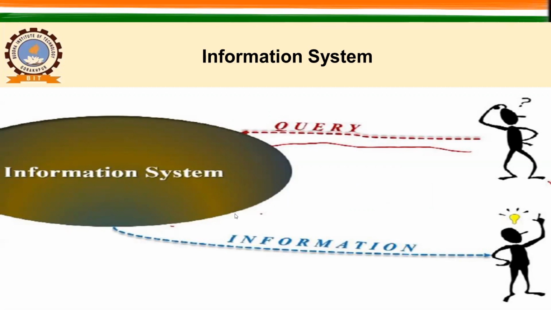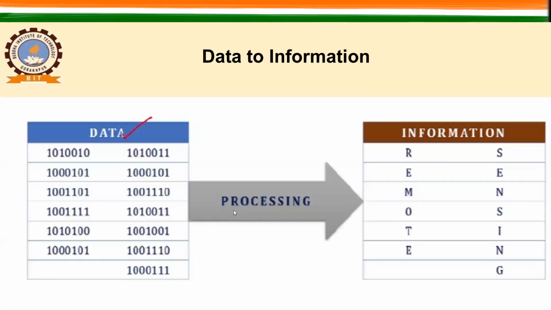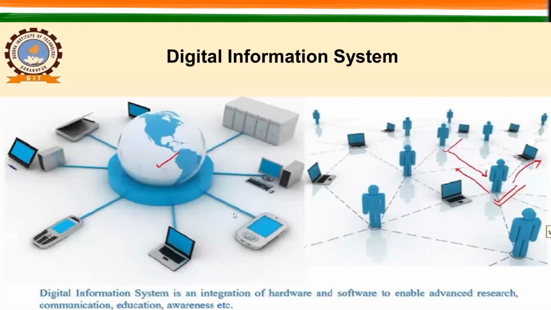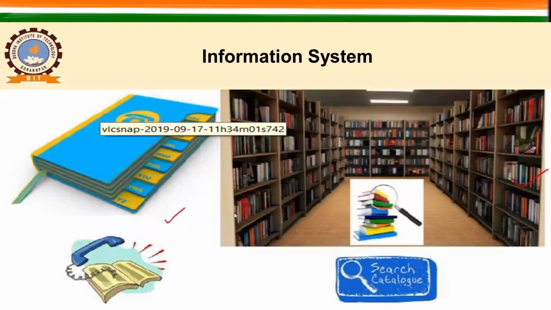So here basically this is a very good example of an information system, where you can easily find out the information hidden in this telephone directory by just identifying the first letter of that word, right? And this is how we are going to get our answers, by sending a query to this information system, and this information system will provide you an answer, right? And this is one example of the digital information system, where you can find the answers available to you through different modes or different places.